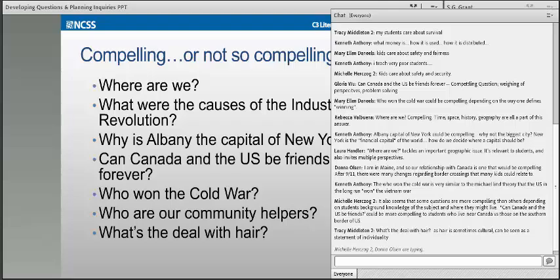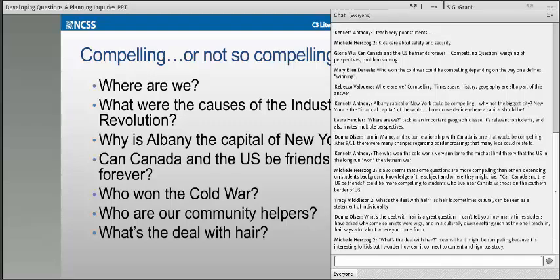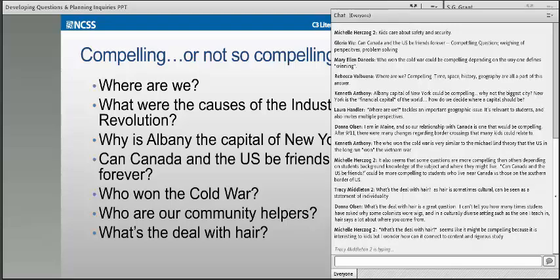So A for effort on making something relevant to kids. And as Laura points out, there are huge ways that we can use that question to teach about geography, because where we are situated turns out to be much more complex than just the physical manifestation of where we are.